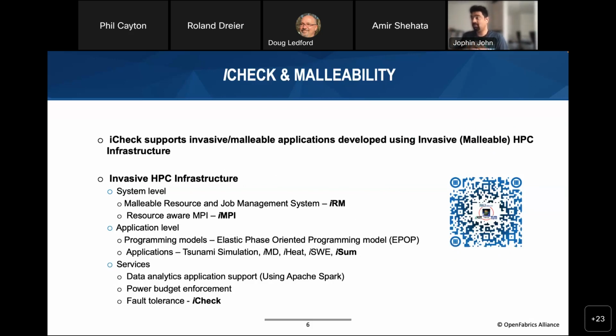So basically, in the malleable scenario, iCheck supports applications created using this invasive infrastructure. iCheck also supports standard MPI applications or non-MPI applications and provides checkpoint service accordingly. So we have invasive infrastructure that caters around system level, application level, and service level. I will introduce the system level, and then later I will introduce our checkpoint management system